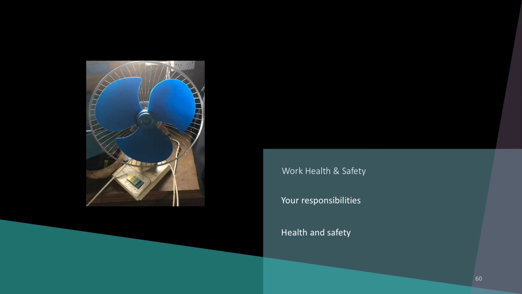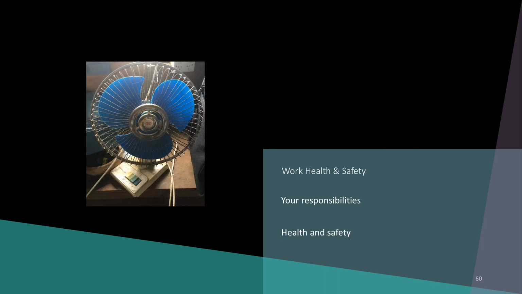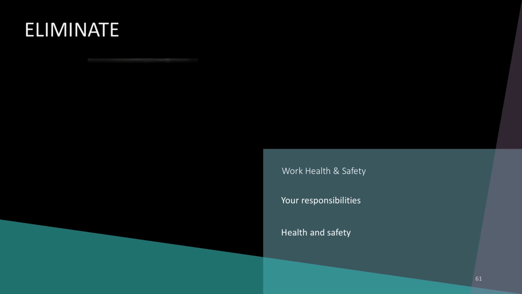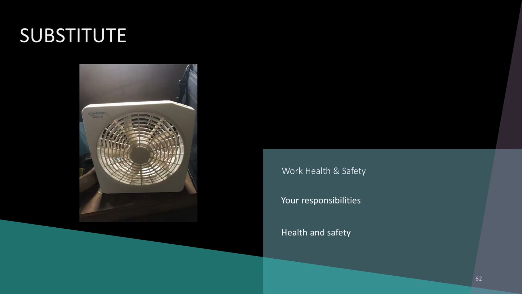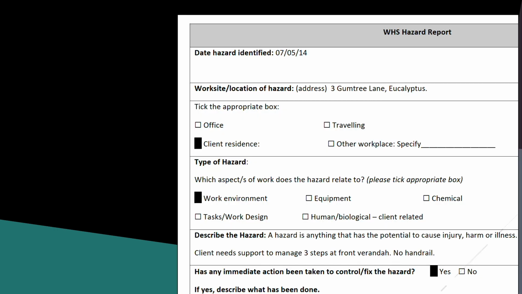Okay, now watch what happens with this magical fan. Look, it's got a guard on it. That's maybe not good enough though for tiny fingers. Perhaps we should get rid of the fan altogether, eliminate it, or we could get another fan. That's called substituting the hazard. However the hazard is controlled, whether it's by elimination, isolation, substitution, engineering, we need to report serious risks,